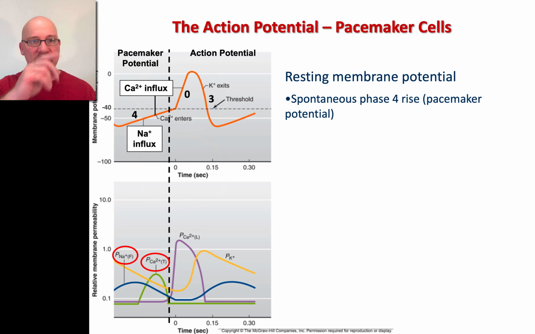If you take a look where we have phase 4, the negative phase is around minus 60 millivolts or so, the difference between the inside and the outside of the cell. But unlike the other cells, we have a slow leak of sodium coming into the cell. And as the sodium causes more positive ions to go into the inside of the cell, because it leaks in